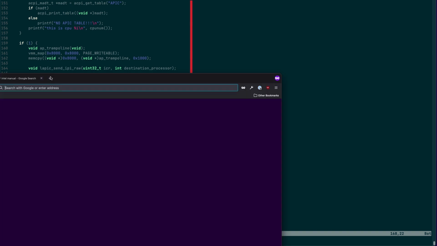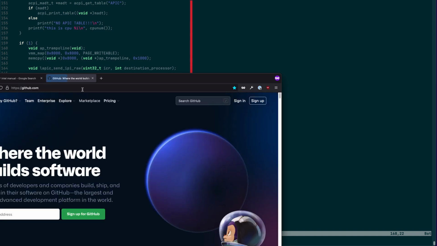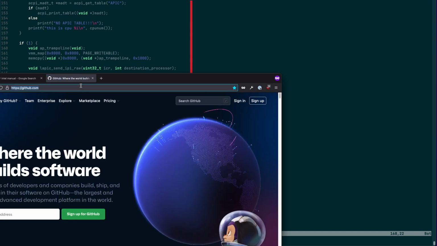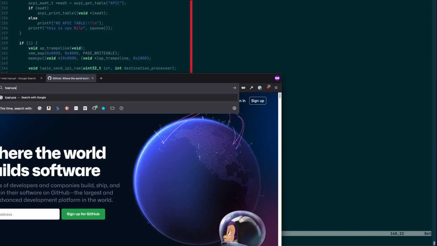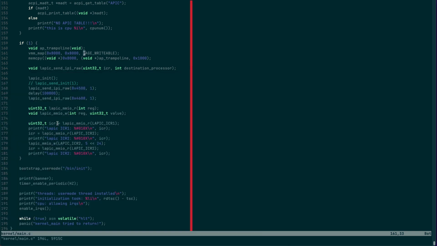I was looking at the manuals. I was reading other people's, like I was reading the SerenityOS source code and the ToaruOS source code, just trying to find something that I was doing wrong. These have been changed out. I used to have high level functions. Now it's just send a raw 4500. And just nothing was doing anything until